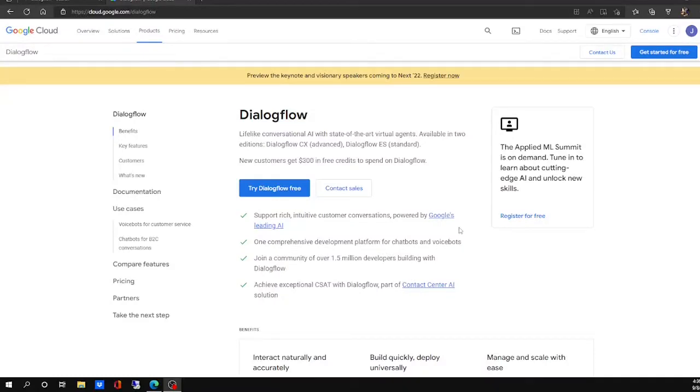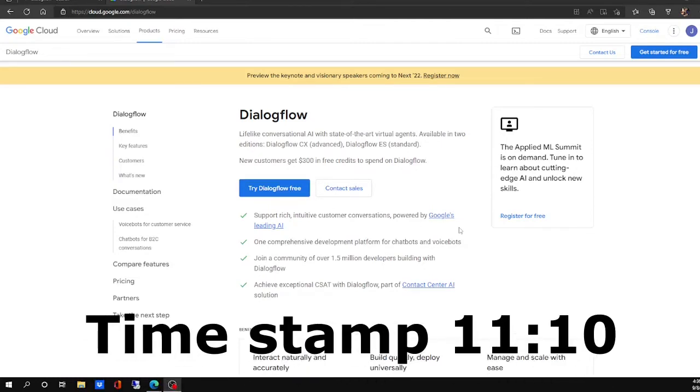If you already have a Dialogflow account and have already made some intents, then go ahead and jump to this timestamp right here. This will bypass most of the video and get right into the Python coding to use Dialogflow